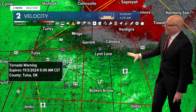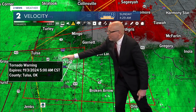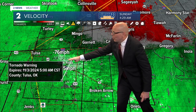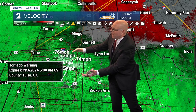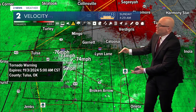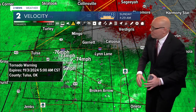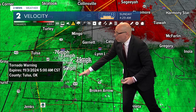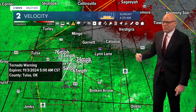So again, I can pinpoint any one of these areas here, 76 miles per hour. Again, we're looking at areas here, 74 miles per hour. So this is a wide area here of some very strong winds that are moving on through. Tornadoes can sometimes be very tight, very small, but this is a wide area of some very strong winds coming right across Midtown Tulsa here, producing power flashes, which we can see